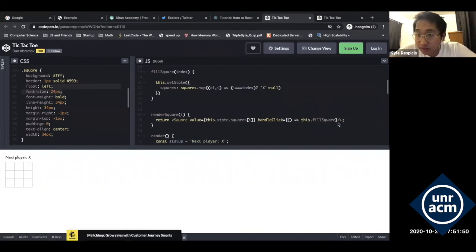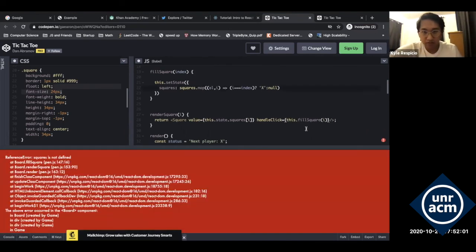So I can also pass in the index. Because if you don't, JS or React won't let you do this. This will throw an error. So you have to do it like this, because